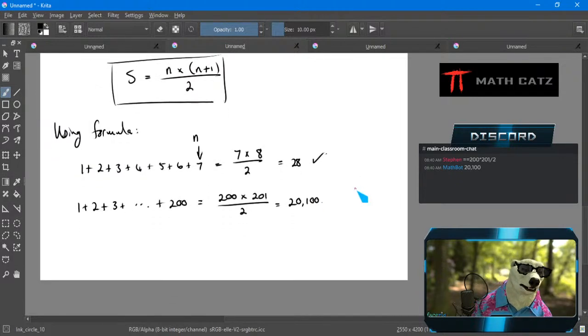The pro of the formula, of course, it's super fast. The con, I don't really understand what I'm doing, right? Because the formula hides all the detail